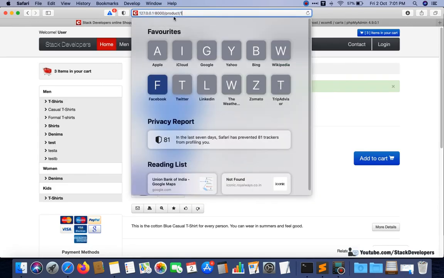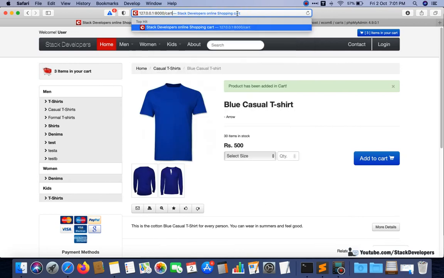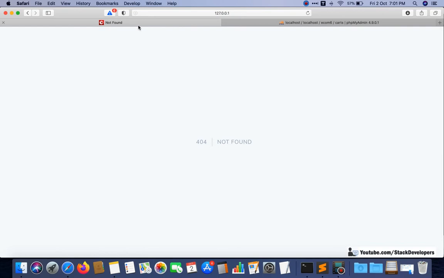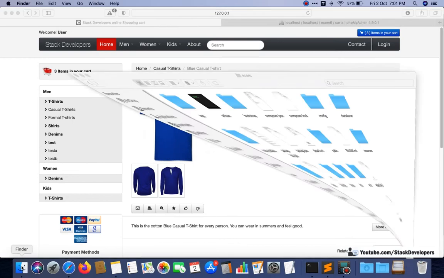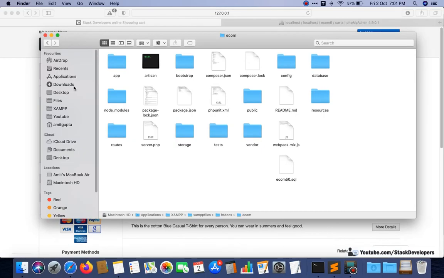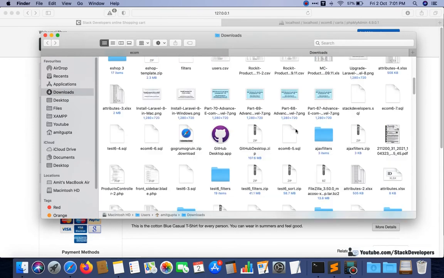Now if I open the cart page, last time I think we added its design. No, we have not done anything so far, and now we are going to embed the design. I am going to open the design once again, which is coming with our template.